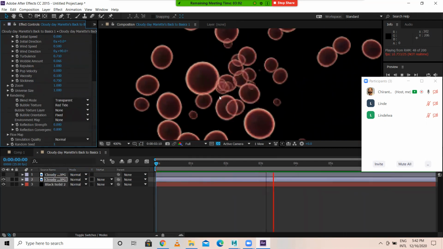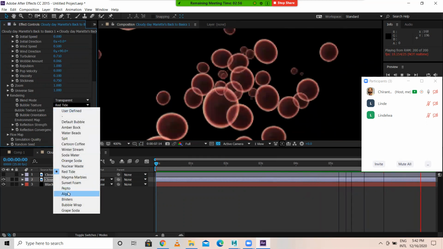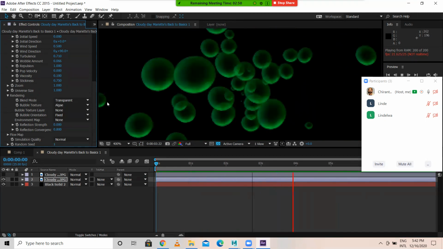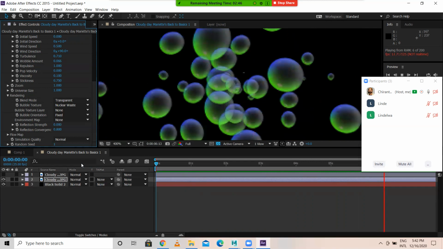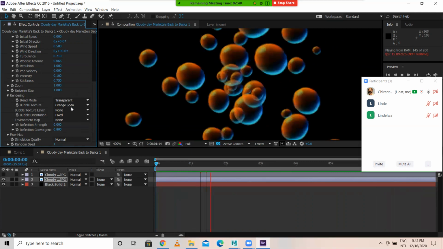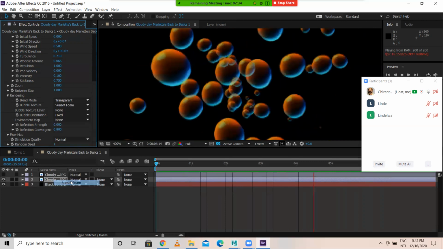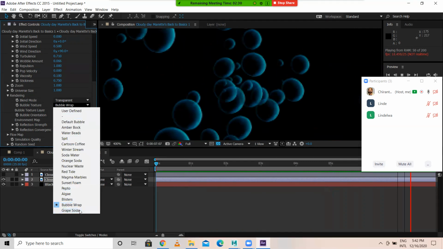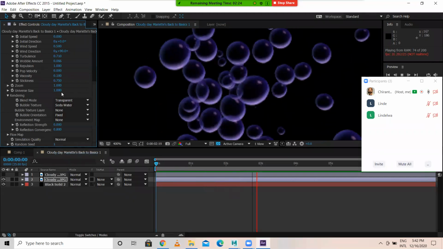Red tide is a blood cell. You can take blood cells. Red tide. It looks good. Similarly, you have algae, a green thing. If you're doing some radioactive material effect, you can take this. Okay, blisters. So you try this. This is nuclear waste. You try this. This looks really good. So for orange soda, any product demo, if you're doing for a cool drink, you can use this. Sunset foam, bubble wrap, grape soda. Try. Soda water is this one.